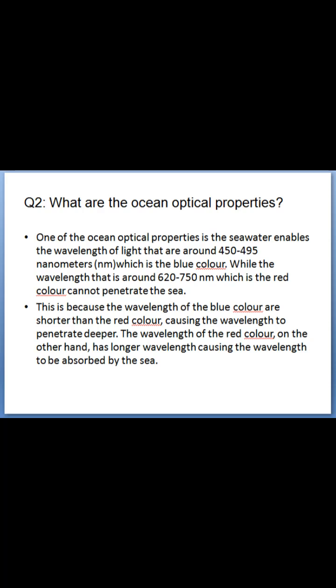Question 2. What are the ocean optical properties? One of the ocean optical properties is that seawater enables the wavelength of light around 450 to 495 nanometers, which is the blue color, to penetrate, while the wavelength around 620 to 750 nanometers, which is the red color, cannot penetrate the sea. This is because the wavelength of the blue color is shorter than the red color, causing it to penetrate deeper. The red color, on the other hand, has a longer wavelength, causing it to be absorbed